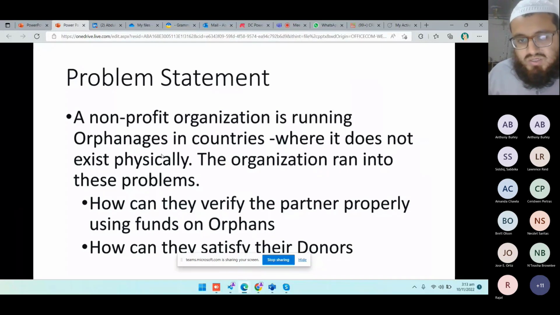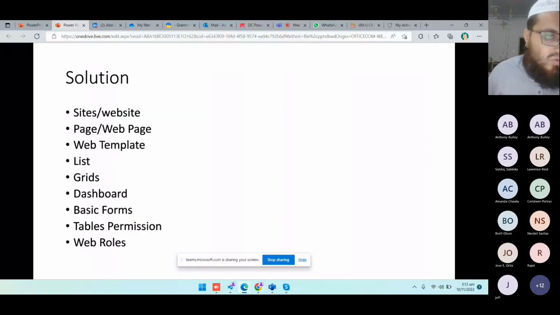A non-profit organization is running orphanages in countries where it does not exist physically. The organization ran into these problems: How can they verify the partner properly? How can they verify the partner properly using funds on orphans? How can they satisfy their donors? For that purpose, I'm going to build a little application on Power Pages. In our solution, we use these components: sites, websites, pages, web templates, lists, grids, dashboard, basic forms,